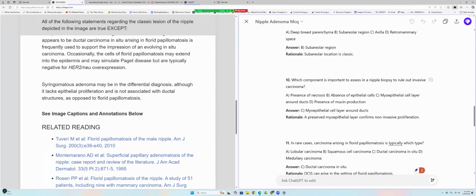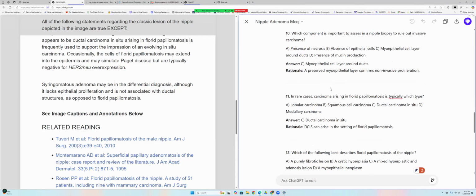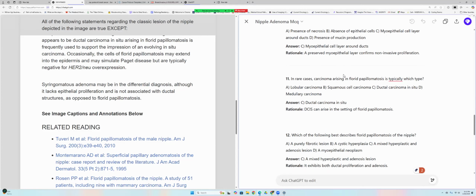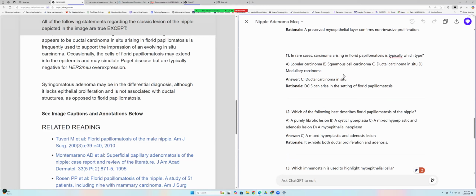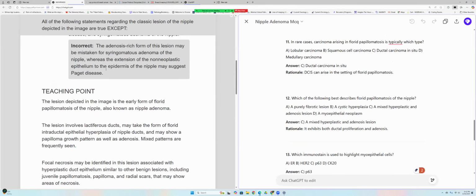Which component is important to assess in a nipple biopsy to rule out invasive carcinoma? The epidermal layer around the duct. Markers like P63. In rare cases, carcinoma arising in florid papillomatosis is typically which type of carcinoma? A carcinoma from ductal carcinoma in situ. Yeah, this can arise from